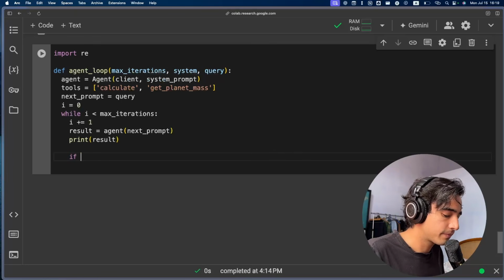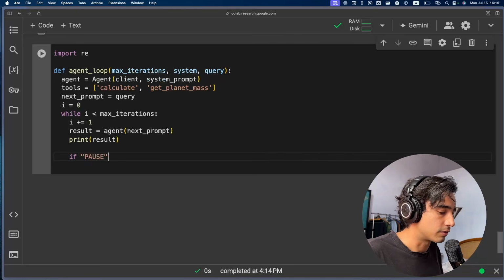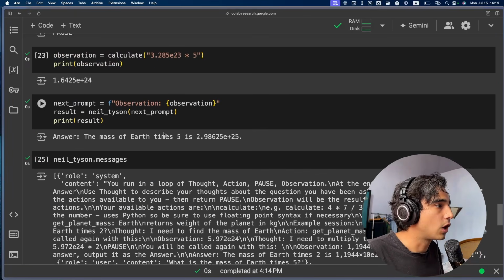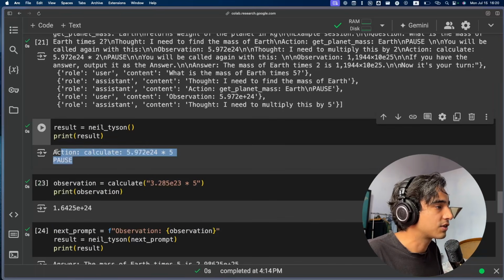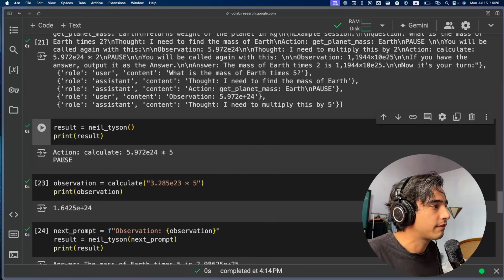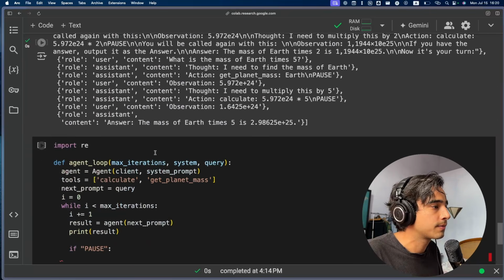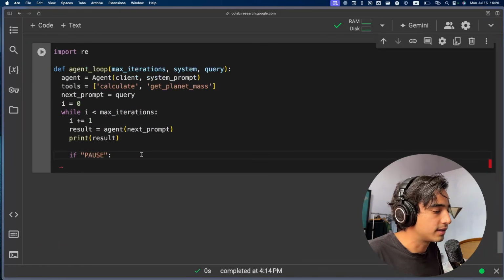So if we have pause in the result, that means that it got into an action selection, something like this. So if we have pause right here, we're going to have to find what action it chose. And in order to find the action, so if pause in result,